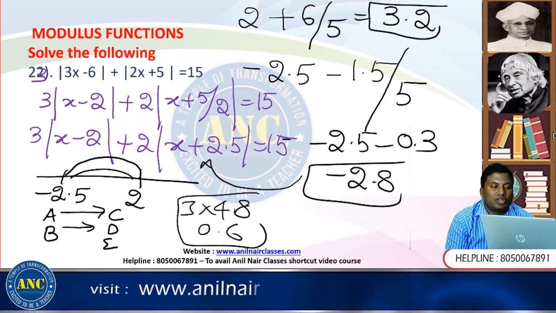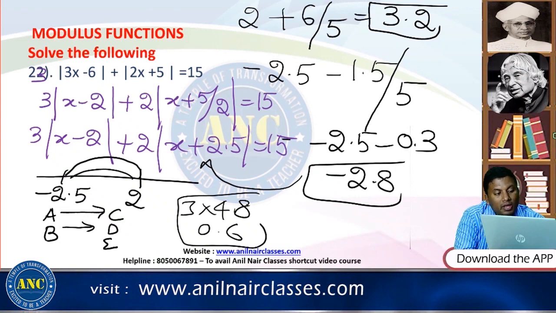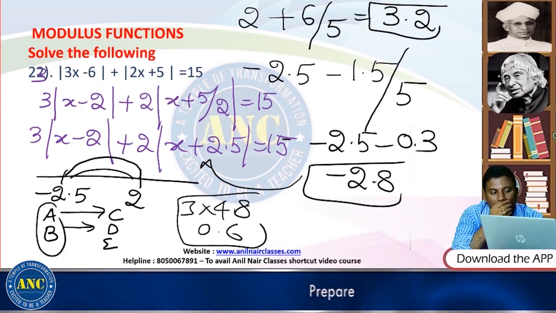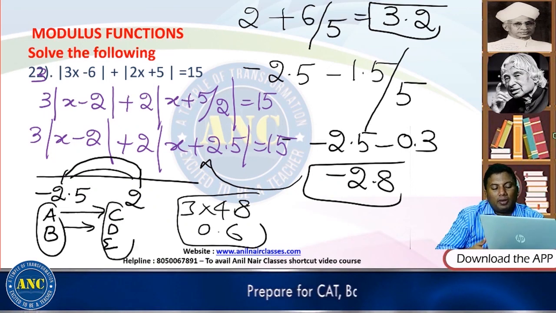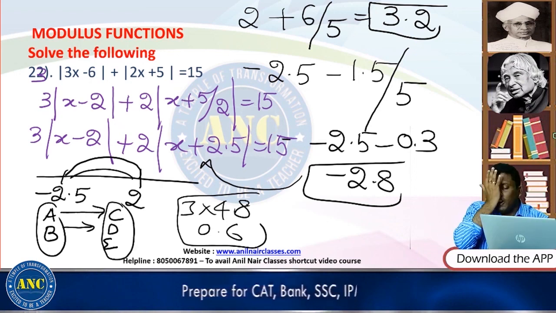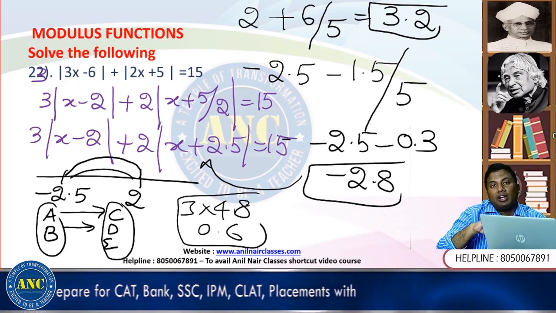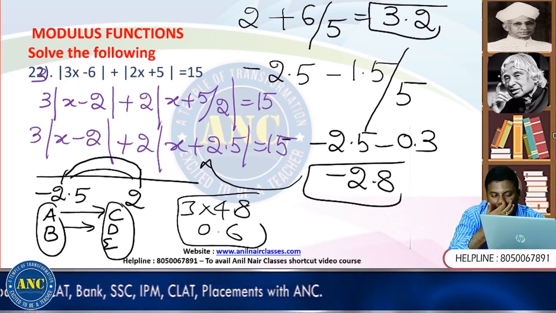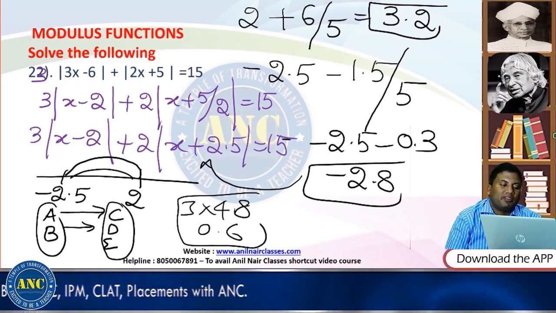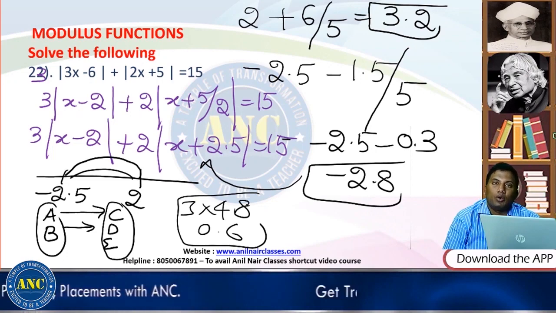Very, very good question. If the coefficients are other than 1, 2 or 3, because it is 2, I kept 2 people here. Because it is 3, I kept 3 people here. 2 minus minus 2.5 is 4.5. A, C 4.5, D 4.5, E 4.5. So total 13.5 is covered. 23rd, I hope it is clear.